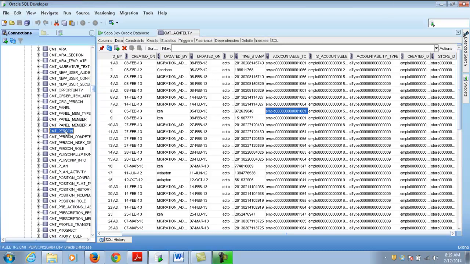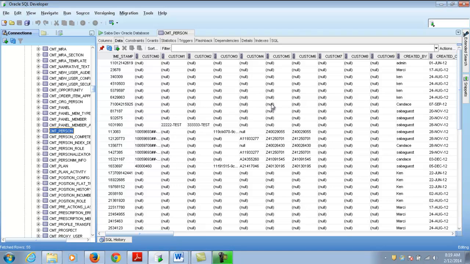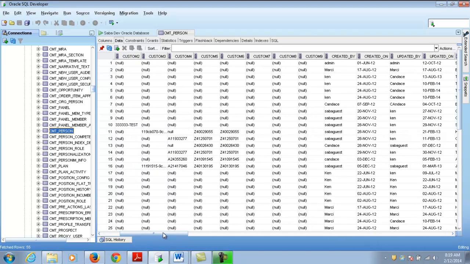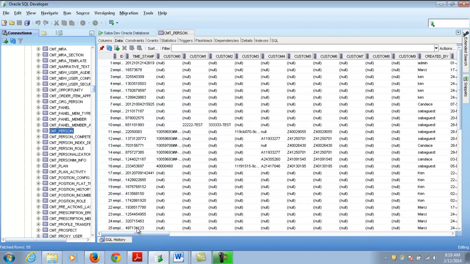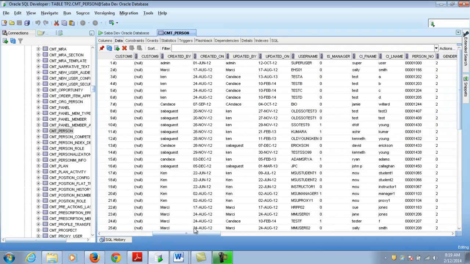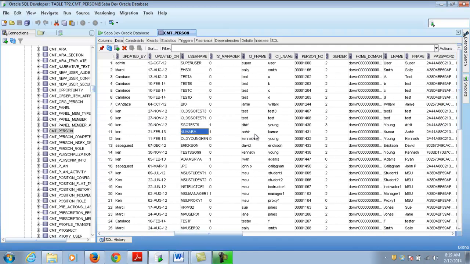There it is right there. Okay, so we can see here that basically what we're doing is, here's the person record database, and this is looking at the data, and you can see here's our custom fields. This is where we're storing the department right here in these. This is where we're storing internal identifier. Here's the ZPID, APID. These are proprietary MSU IDs. And then we have their username, first name, last name, internal person number,